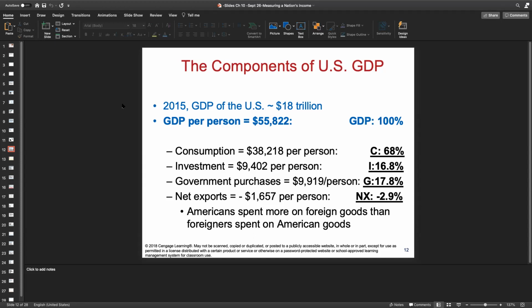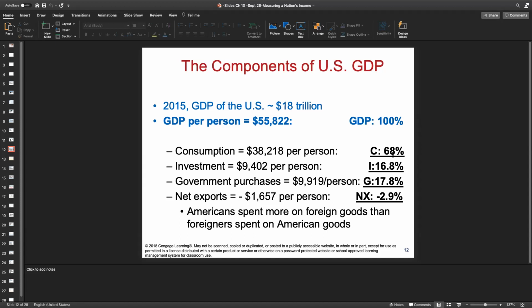So let's see the components of the US GDP in 2015. The first component, the consumption, was about 38,000 per person. Which actually, if you divide this 38,000 by 56,000 almost, you get 68%, meaning that basically the biggest component of GDP is the consumption, which accounts for